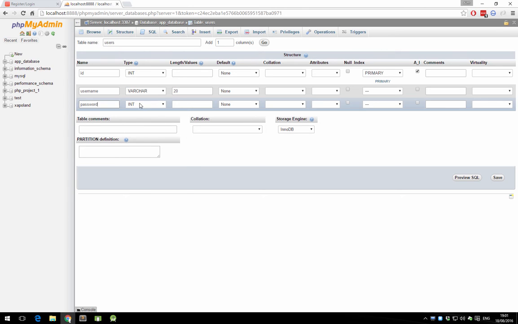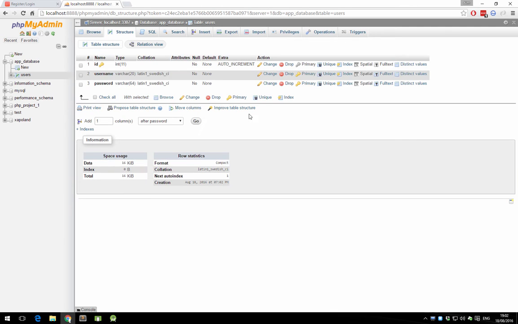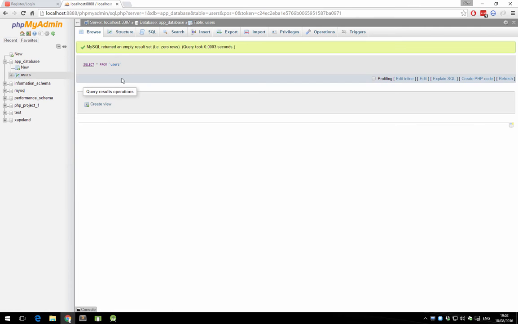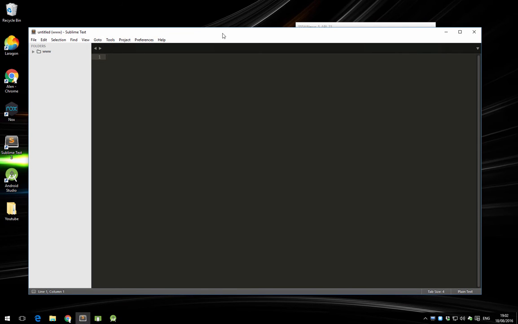And the password is going to be hashed, so we're going to create a varchar of 64 characters in length. Alright, so once we have that, we can click on save. That's going to give us our users table. It's currently empty, there's nothing inside it. Awesome. So now that we have that, let's switch to our